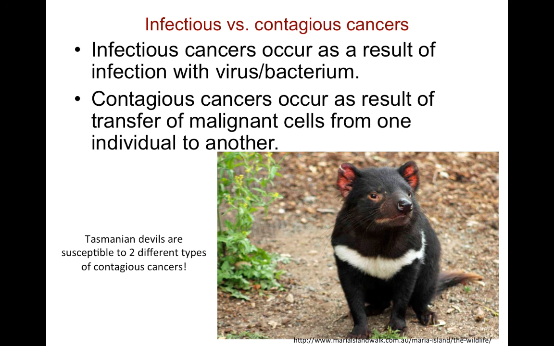However, in some other animals, these types of cancer can move from individual to individual by direct transfer of cancerous cells, and this happens quite regularly. An example would include a sexually transmitted cancer in dogs, as well as the devil facial tumor disease, or DFTD, that occurs in Tasmanian devils and is spread through facial bites during fighting. An additional tumor disease was also discovered in Tasmanian devils, which makes us wonder if they're uniquely susceptible to contagious tumors.